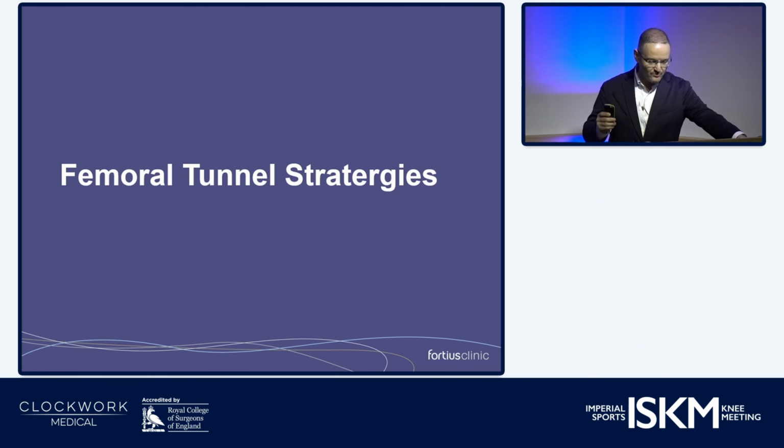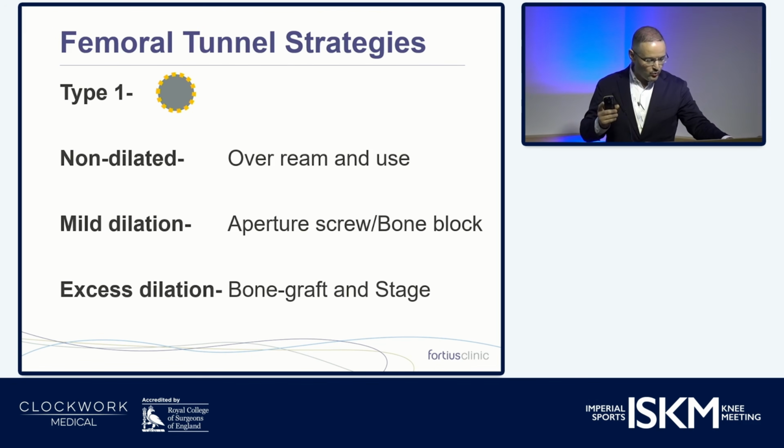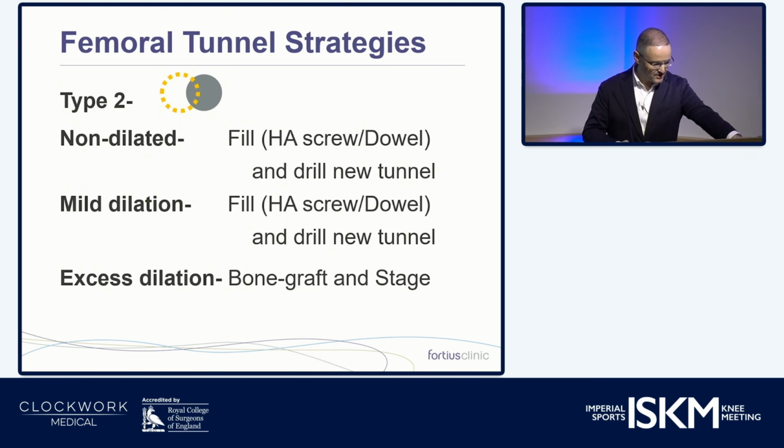So femoral tunnel strategy, type 1, we can over-ream and use, easy and straightforward. Type 2, we can use an aperture screw with a soft tissue graft to offset the graft in the tunnel, or we can use an eccentrically positioned bone block graft. Excess dilation, we have to stage. For a type 2 tunnel, if it's mildly or non-dilated, we can still fill the hole